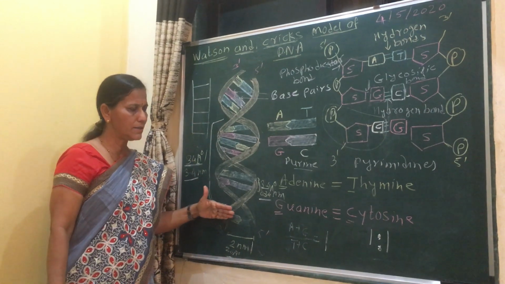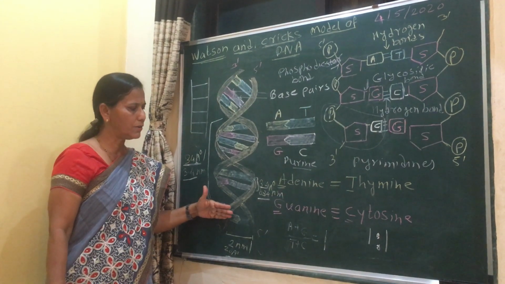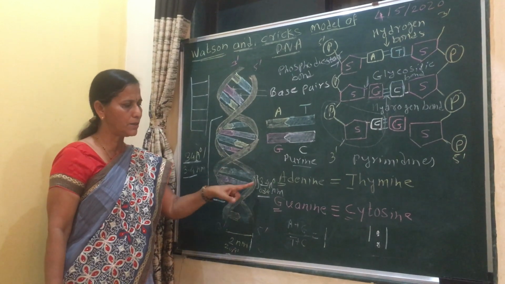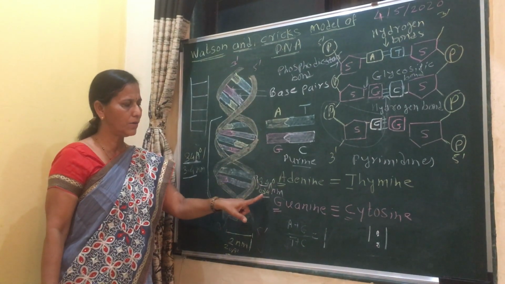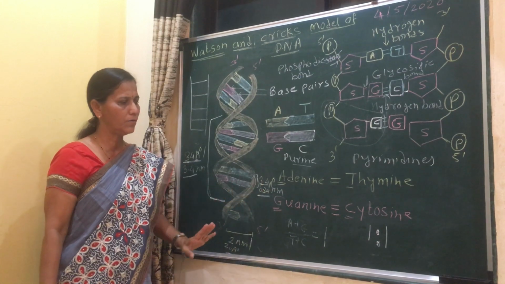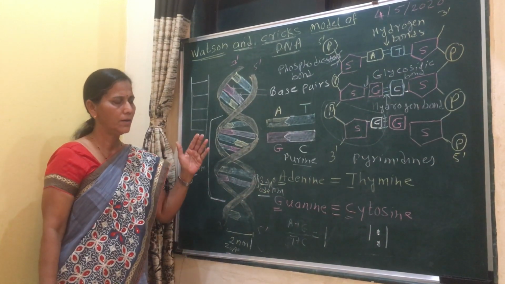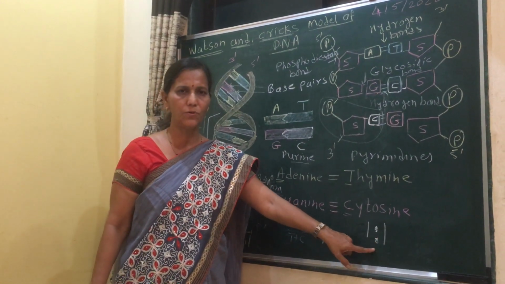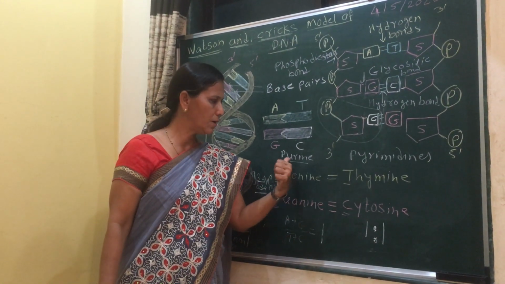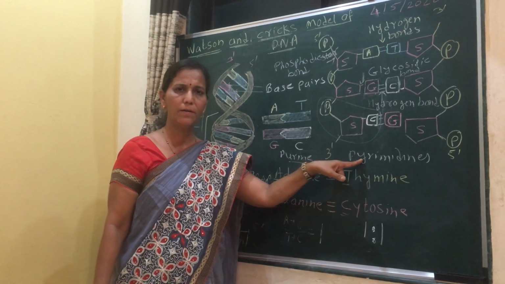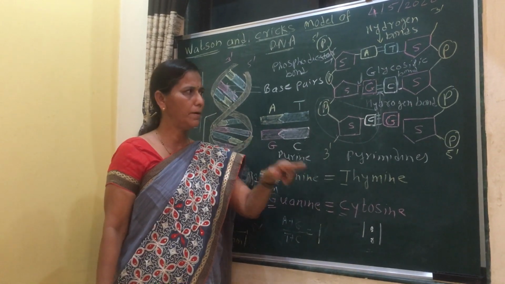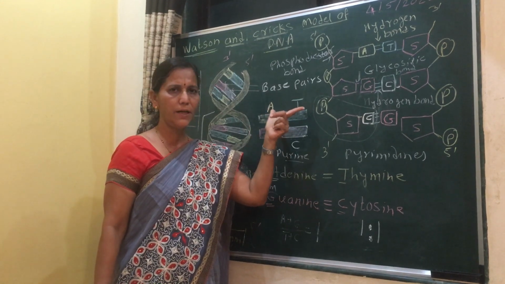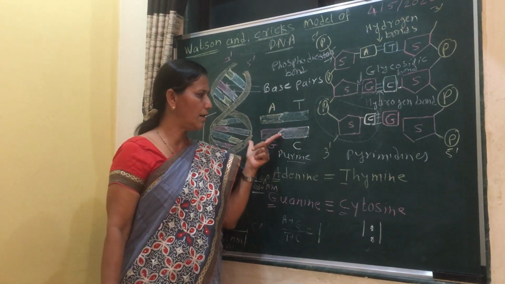Each spiral consists of 10 nitrogen bases. So the distance between two successive nitrogen base pairs is 3.4 angstrom units or 0.34 nanometer. Then the purine pyrimidine ratio is always constant, that is 1:1, as one purine always pairs with one pyrimidine. Remember, the pairing is specific. A always pairs with T and G always pairs with